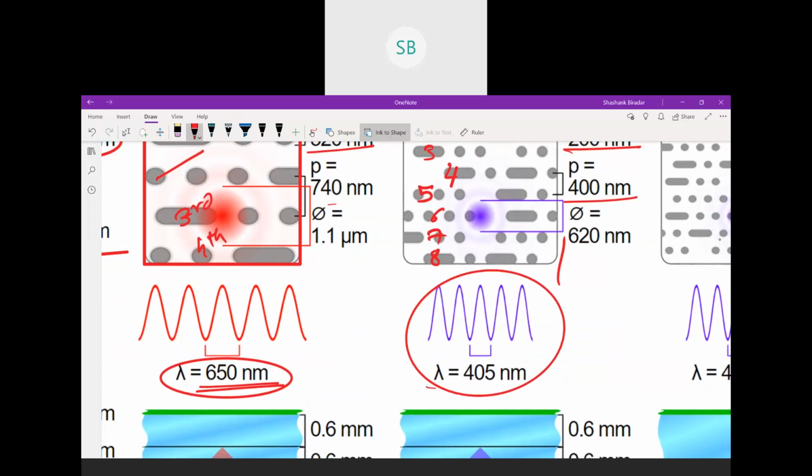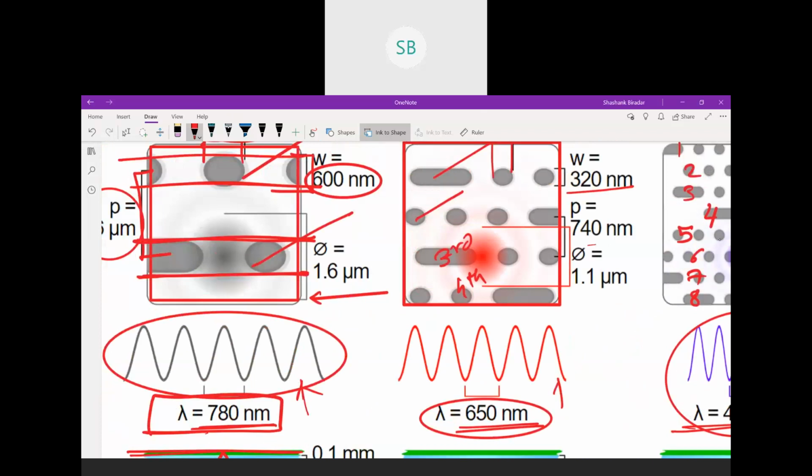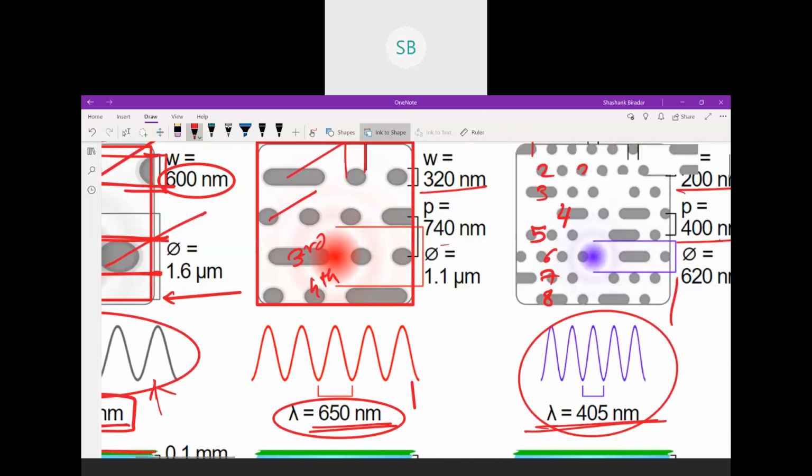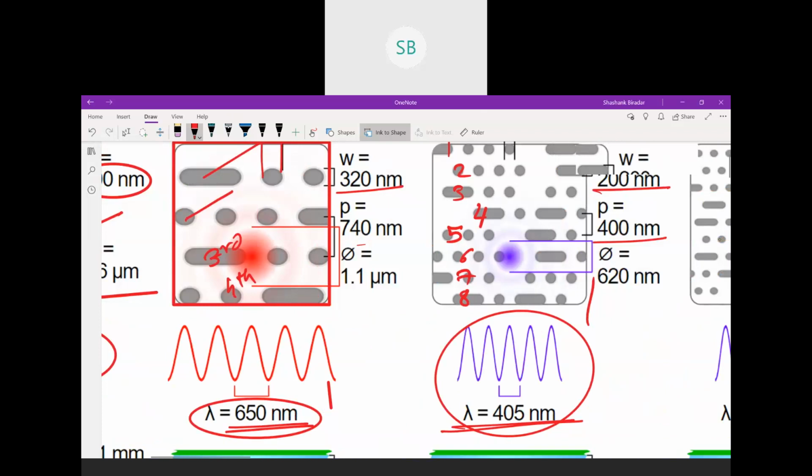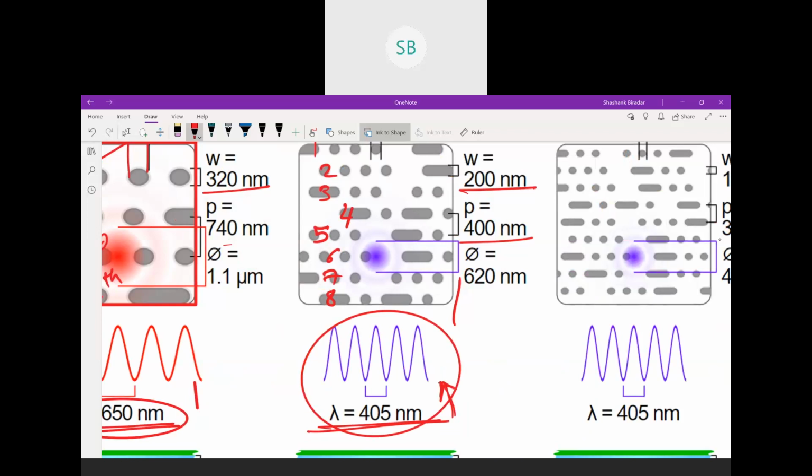Now the thing is that here we are using infrared, here we are using the red laser, here we are using the blue laser, which has this much wavelength. That is why it is called Blu-ray DVD. If you Google the visible spectrum, it basically varies from violet to red. Am I right? VIBGYOR. So violet has the low wavelength, and red has the higher wavelength.